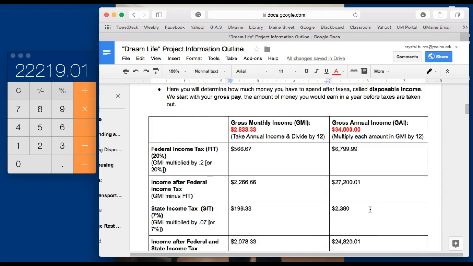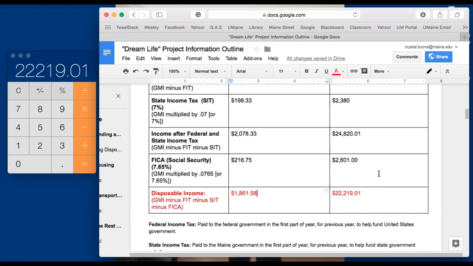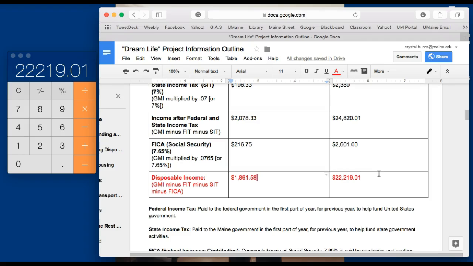So yes, 34,000 looks like I make a lot, but after taxes and Social Security, I'm really only bringing home $22,219.01, roughly. Obviously, if you have family and other things, changes your tax bracket and more complicated stuff. But for right now, this is what we're going to go by to start setting up our budget